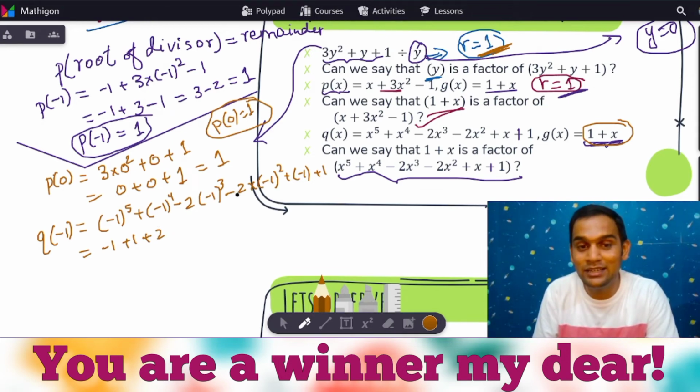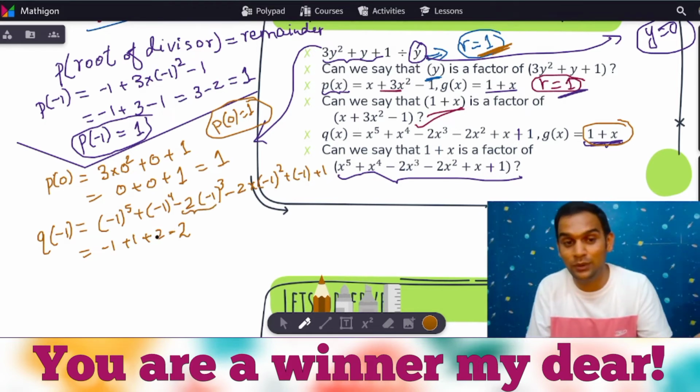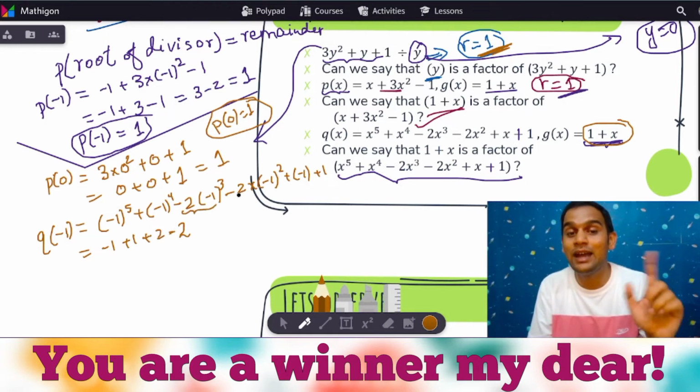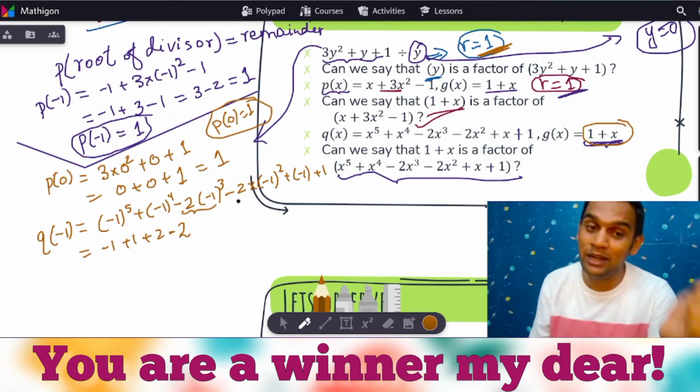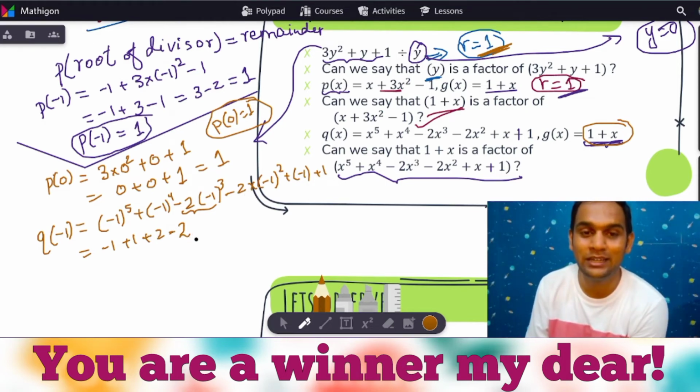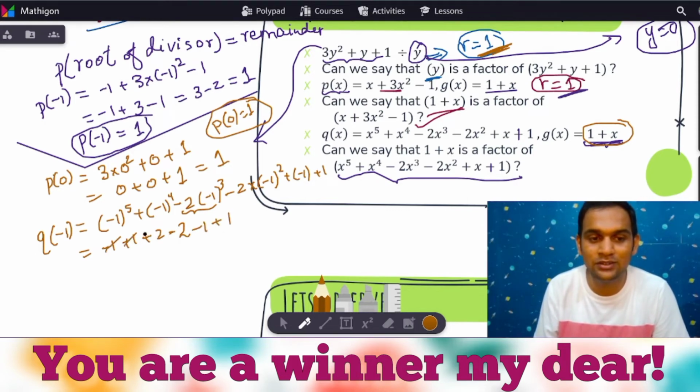Then once again, minus 2 times minus 1 square is 1. So minus 2 times 1 is minus 2. Now in this case, we were doing minus 2 times minus 1. That's why I wrote plus 2. Over here, I'm doing minus 2 times plus 1. That's why I wrote minus 2. Then plus minus is minus 1 plus 1. So minus 1 plus 1 is 0, plus 2 and minus 2 is 0, minus 1 and plus 1 is